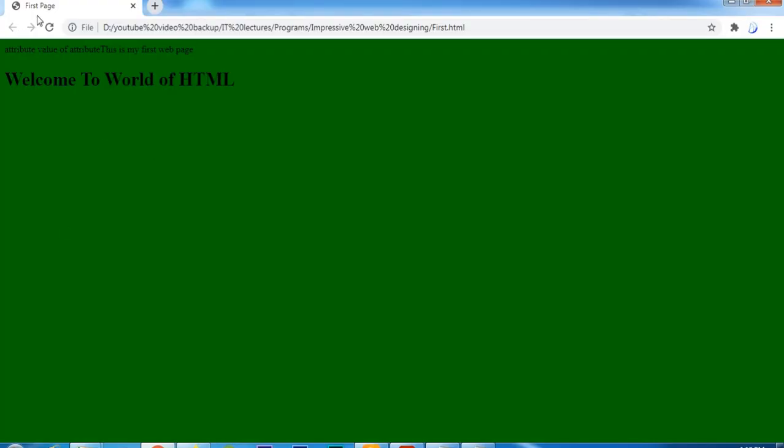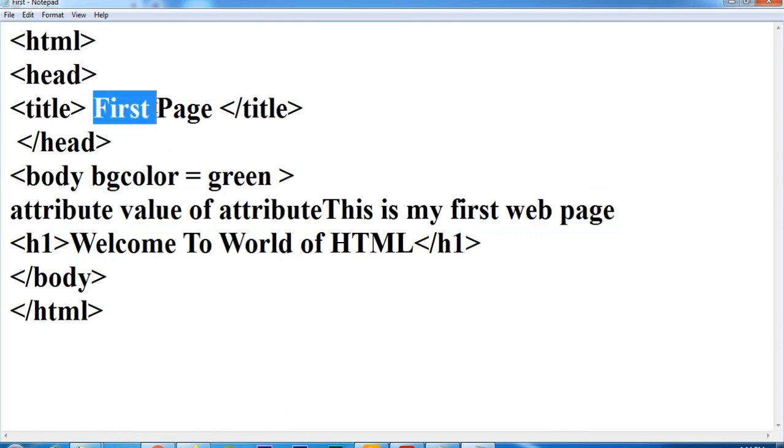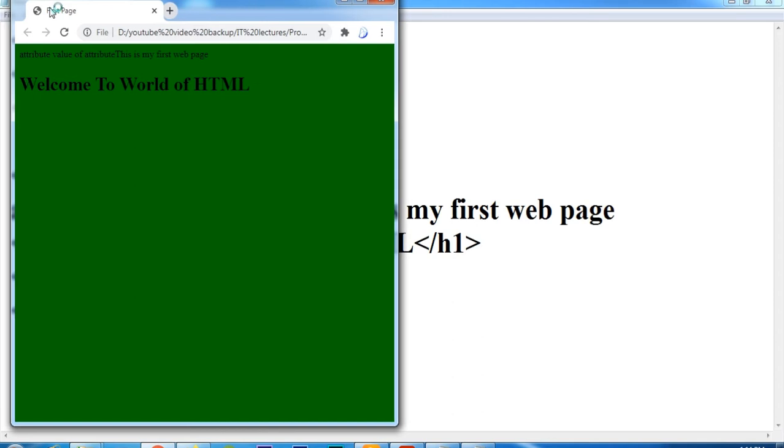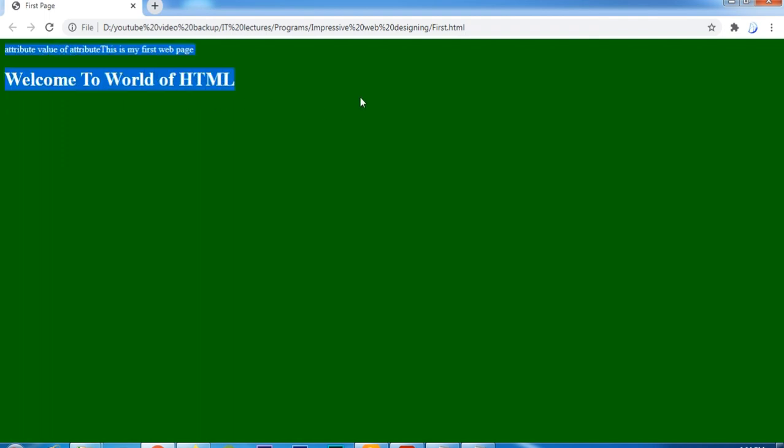Now this is your head, and the title is given here. The title was first page, and that is displayed here. This is the green color of your body.